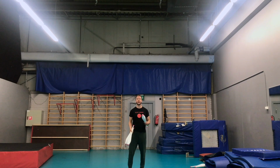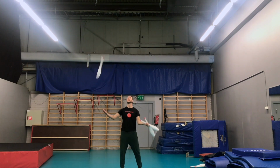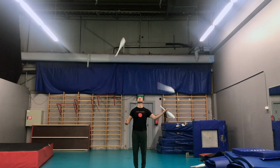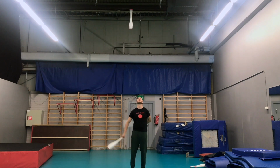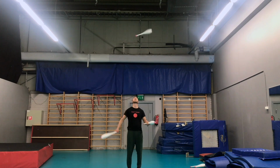So we're gonna do that with back crosses, and we're just gonna start from here. So you would go right right left. Okay, so we're gonna do the back crosses, the same thing. You're gonna go right right left, and that's it. Right right left, and then we're gonna do the same from the left. You're gonna go left left right, and there you go. Right right left,